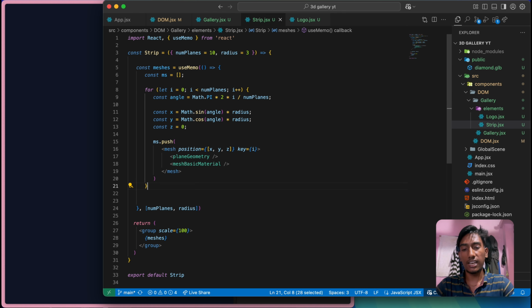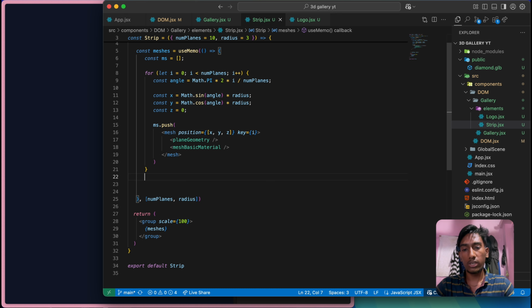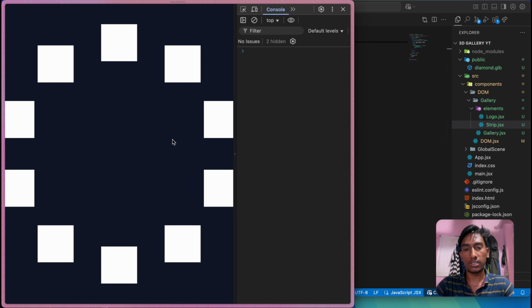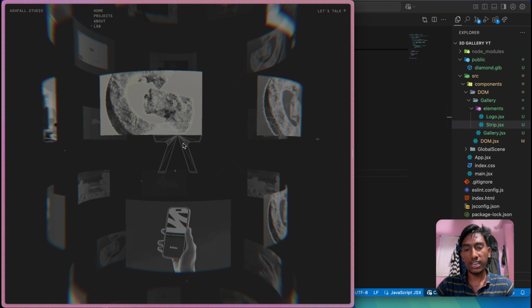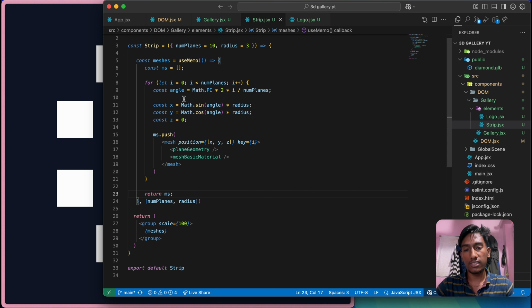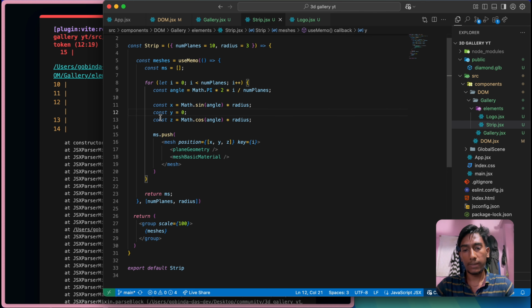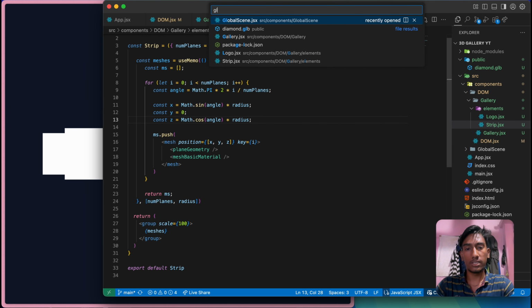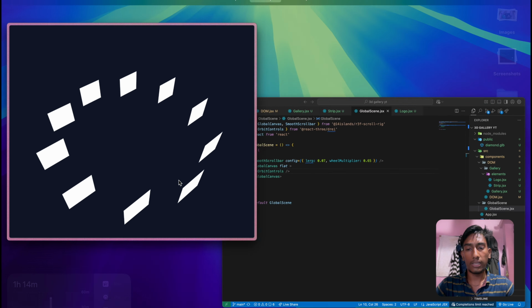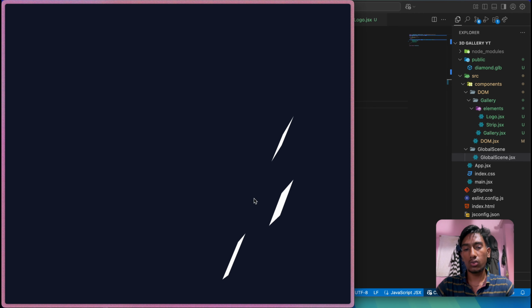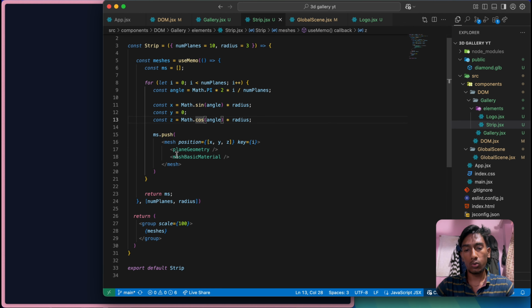Now we can't see our meshes here. Why is that? Because we need to return something, return meshes. So if I just return something, it will go inside the meshes. Okay, so if I show you the example, we need to move it in x direction and in z direction, not in y direction. So I can just cut this from y and paste it in place of z and make it 0. So if I just go to global scene, add orbit controls here so that I can drag, show you what's there. By the way, we can't see it from the back side, so I need to do something for that. So come to mesh basic material and add the side too, so that we can see it from the back side.